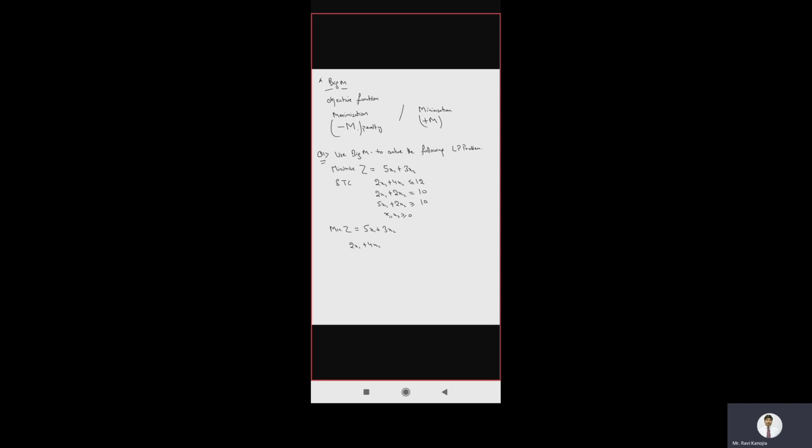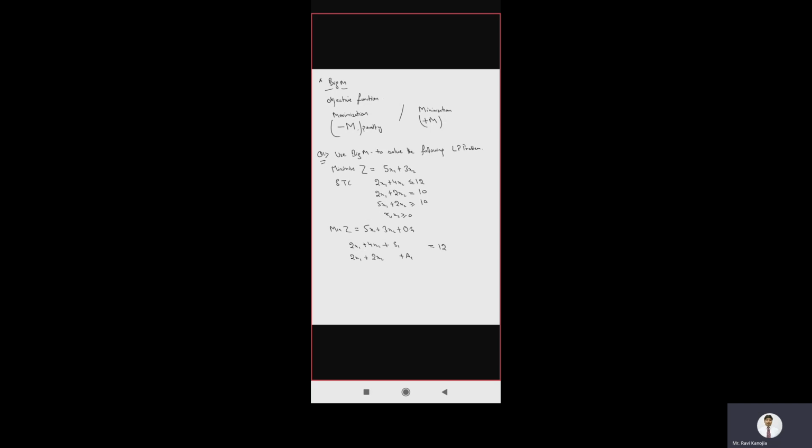So we need to add a variable s1 to the left hand side to convert it into an equation. So I write 0 s1. Okay, perfect. So let's do the second one. The second one is an equation. So in order to get an identity matrix, I'll have to add an artificial variable. So I'm adding an artificial variable a1,